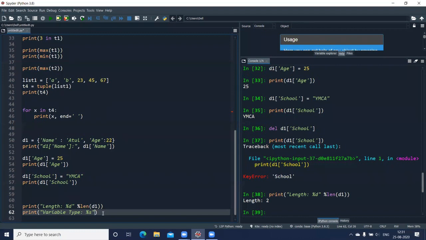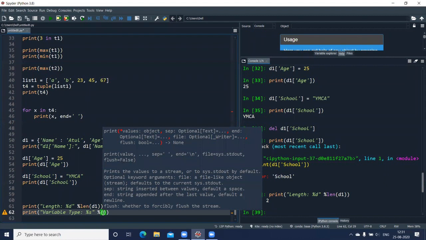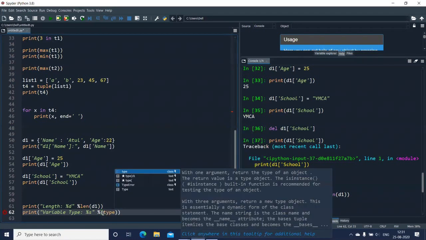So I can use %s, do not give a comma after double quotes, give the % sign. And you put in round brackets, if you have multiple parameters or values that have to be displayed as a string in the print statement, then you can use the round brackets, and separate the parameters with a comma. Now in this case, I have a single function which I'll be using, that is the type function.